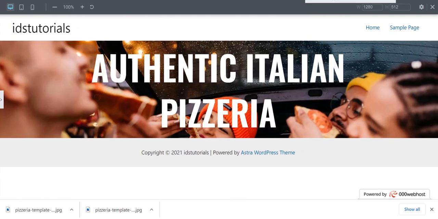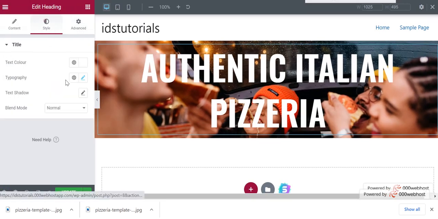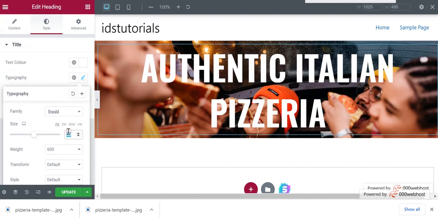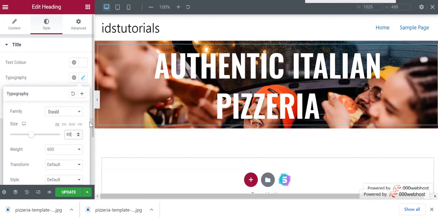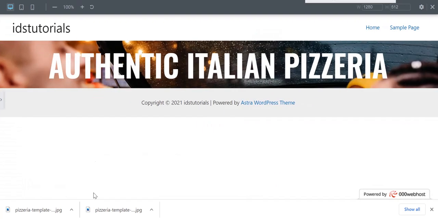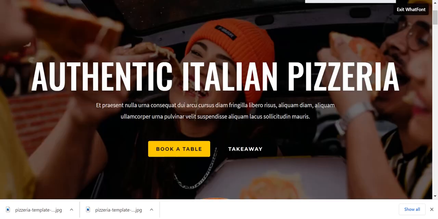Now let us see. Okay, so we should decrease some text size. Okay, I think it's good. Now we will add this.